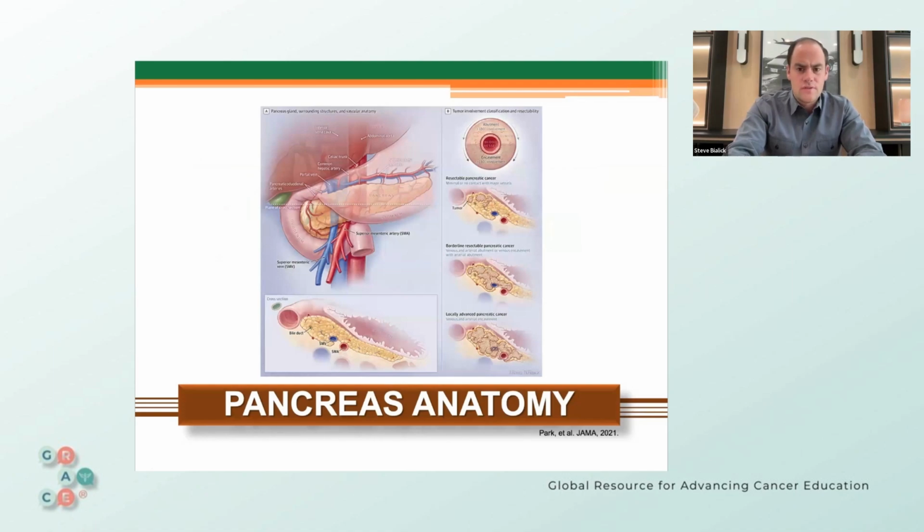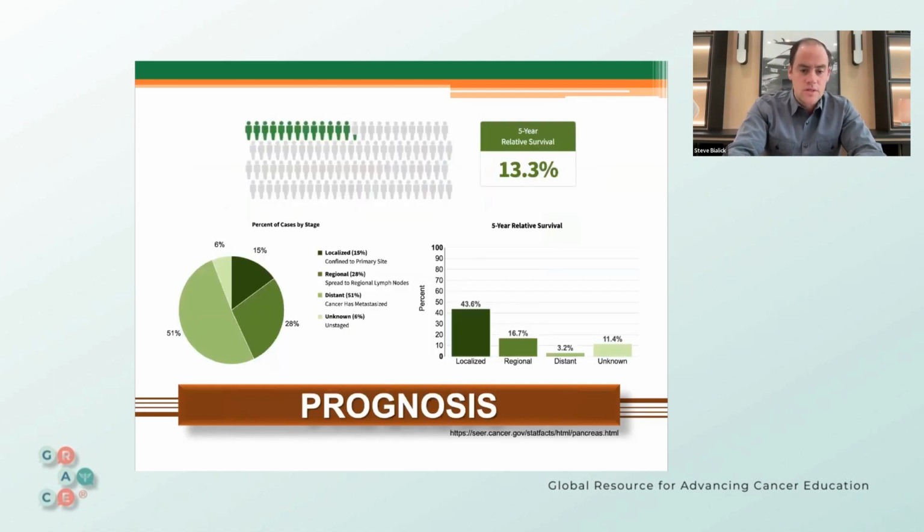So this is just another view of the anatomy, and really quick, I wanted to point out the prognosis and why it's so important that we have discussions like these, because overall, the 5-year relative survival, if you have a diagnosis of pancreatic cancer, is truly not the best. You can see we have a lot of work to do. About 13% of patients make it to the 5-year mark when they're diagnosed,